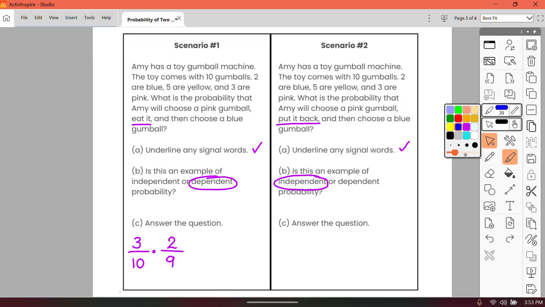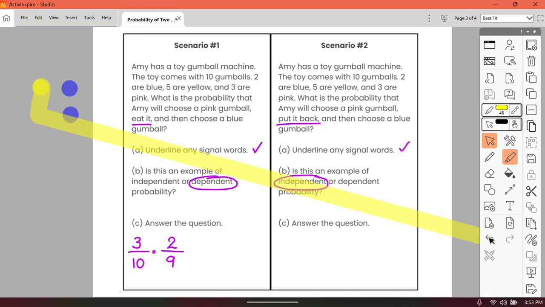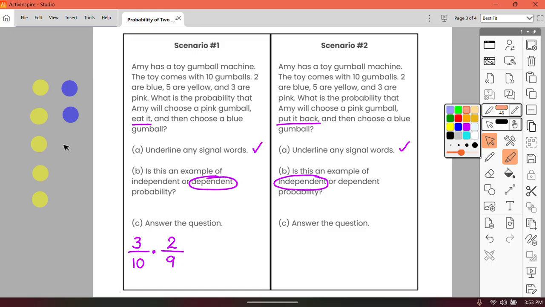So we know that in her gumball machine, there were 2 blue gumballs. So I'm going to try to make 2 blue dots, 2 blue gumballs. There were 5 yellow gumballs: 1, 2, 3, 4, 5. And that there are 3 pink gumballs: 1, 2, 3. There we go. So when she first reaches in to get a pink gumball, there are 3 out of 10